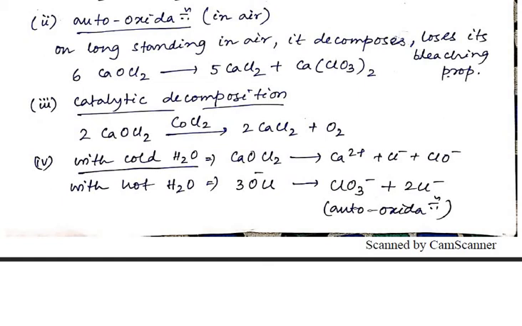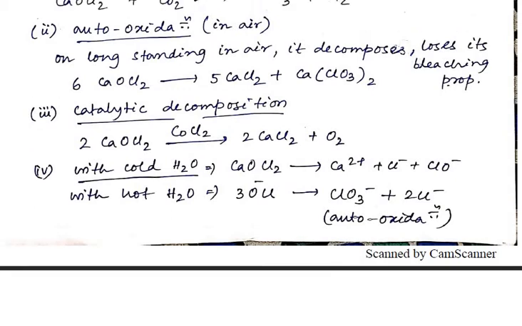The bleaching powder can react with cold water and it mainly forms Ca2+, Cl- and ClO-, and when it reacts with hot water, then the ClO- decomposes to ClO3- and 2Cl-, and that reaction is known as the auto-oxidation reaction. So it can react with cold water as well as hot water, and